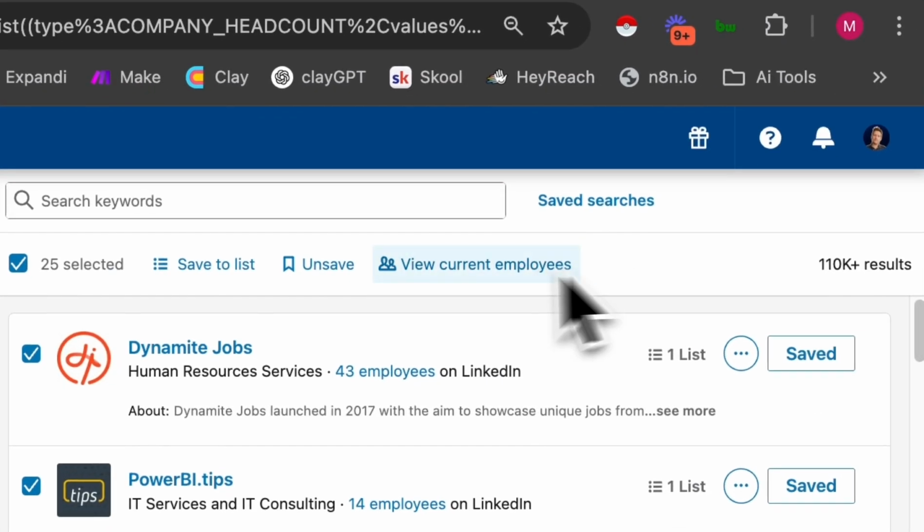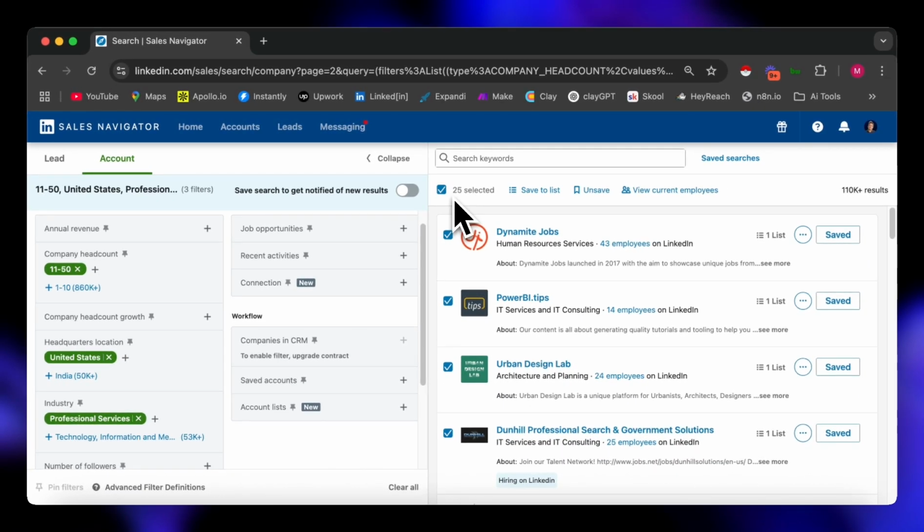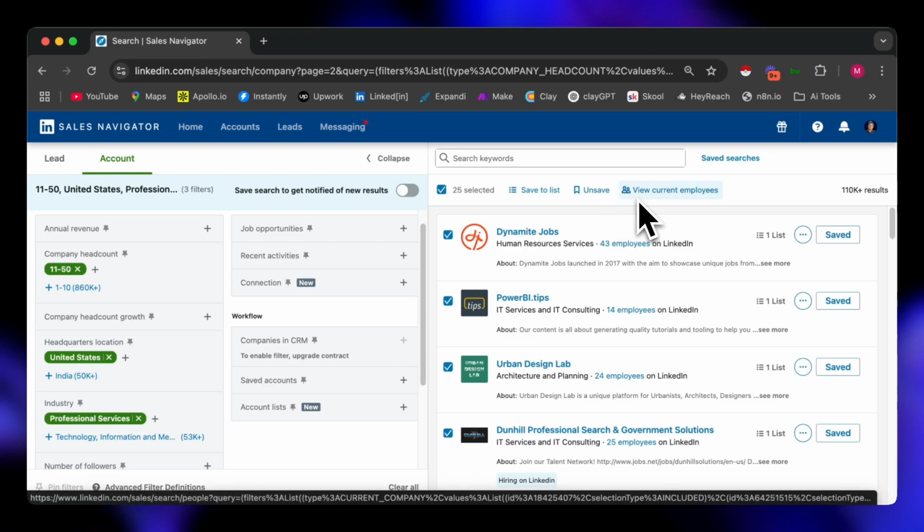So obviously we can see that there's some challenges with this on the operational side of saving a list and building lists to then ultimately save searches. And I will explain the difference in a minute here. So one of the nice features is that it does provide us with view current employees. So what I really want to point out here is